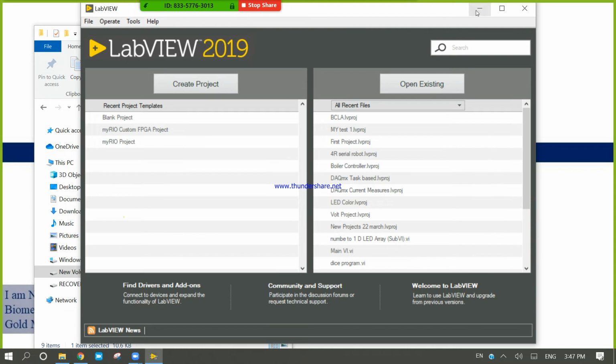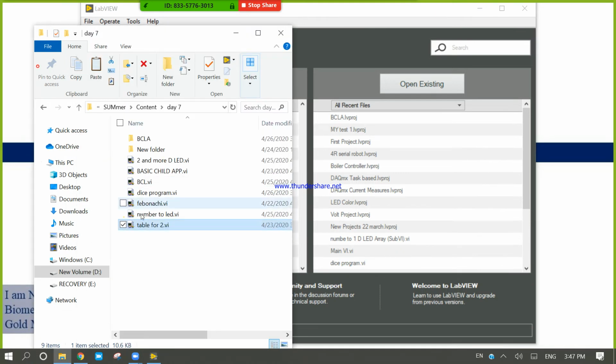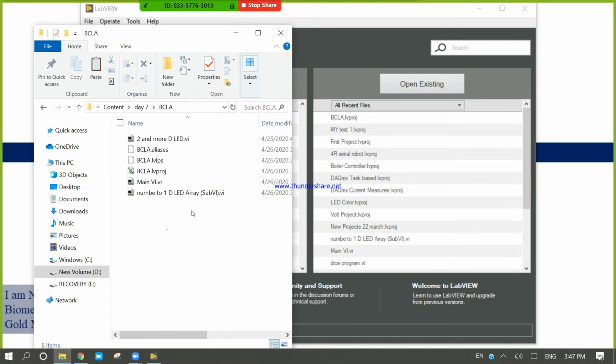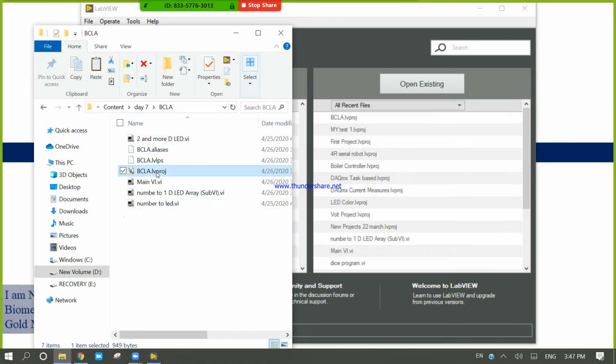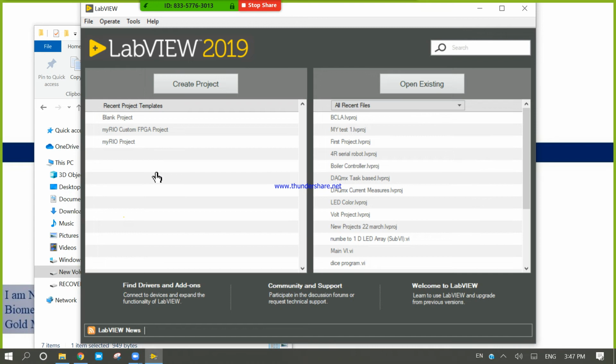Creating and opening all of this efficiently is the biggest challenge when you design a project, because you need to grab things from different files. So now I'm going to use this sub VI again, the LabVIEW project. After this we will go smoothly, and you will not find it difficult to design this project.